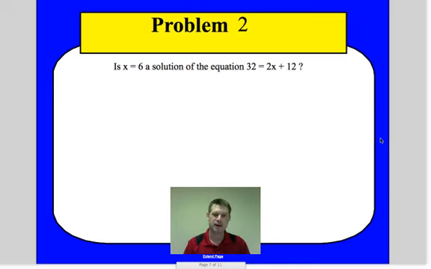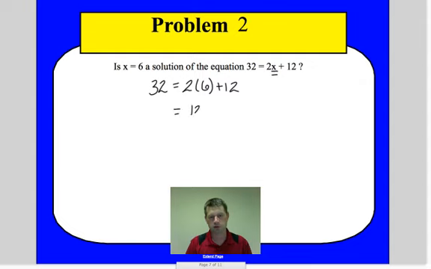Problem number 2: is x equals 6 a solution of the equation 32 equals 2x plus 12? Well, let's look at that. We're going to take 32, set that equal to 2, and I'm going to put parentheses because I'm going to input the 6. We said x was equal to 6, so we're going to substitute that in. And then plus 12. Well, 2 times 6 is 12. We're going to add 12. 12 plus 12 makes